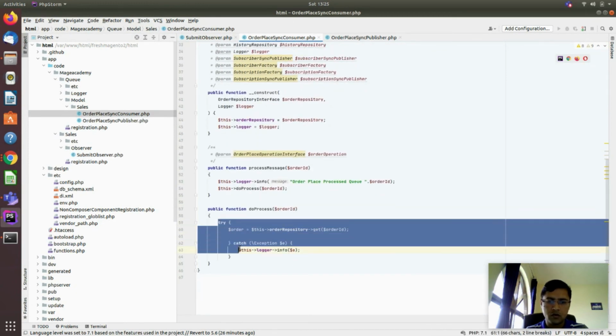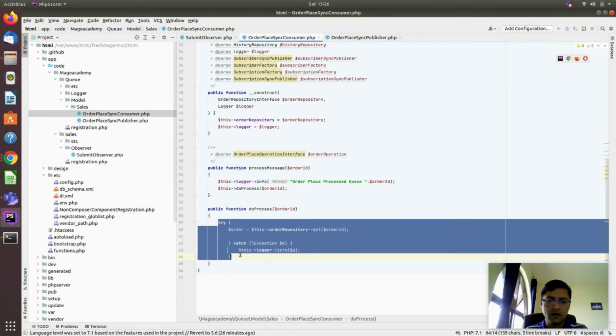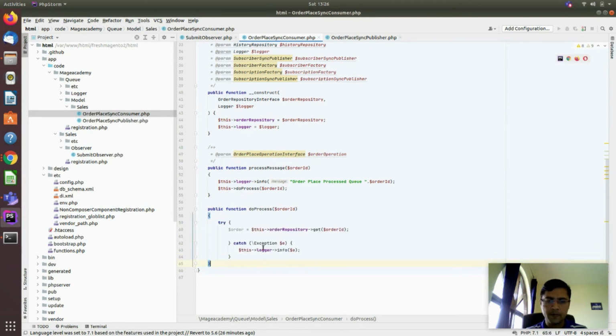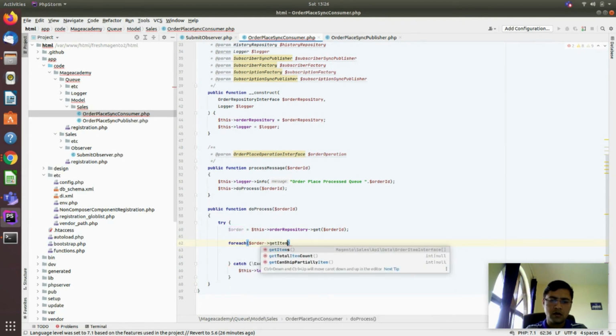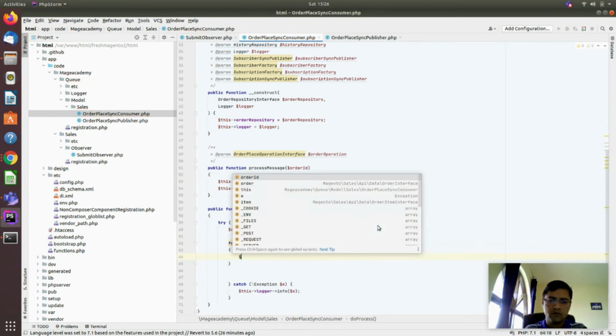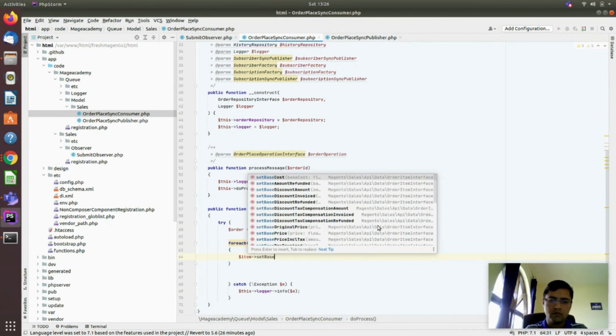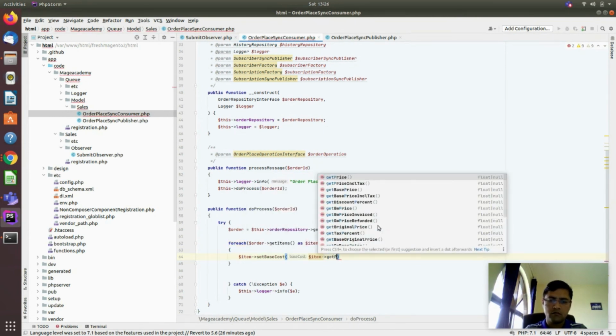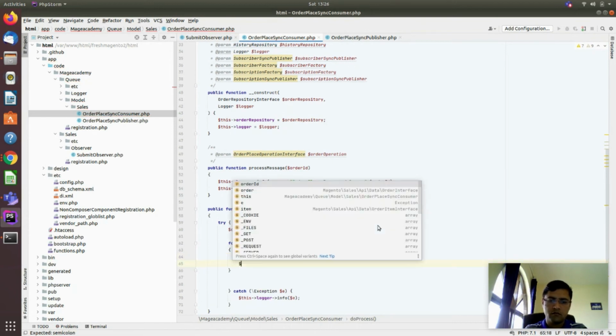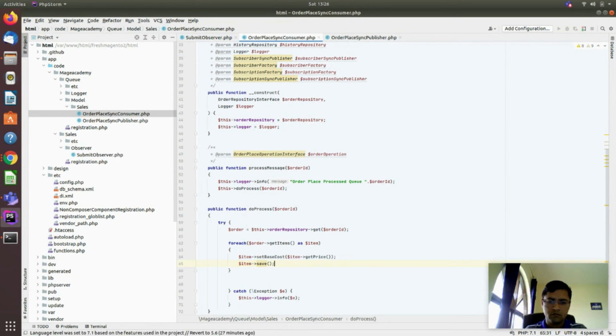So here this is a consumer file. We will add that code which we did for the order base cost: for each order get items as item.